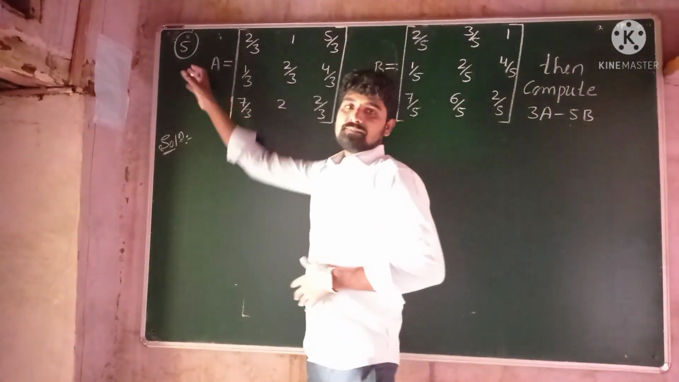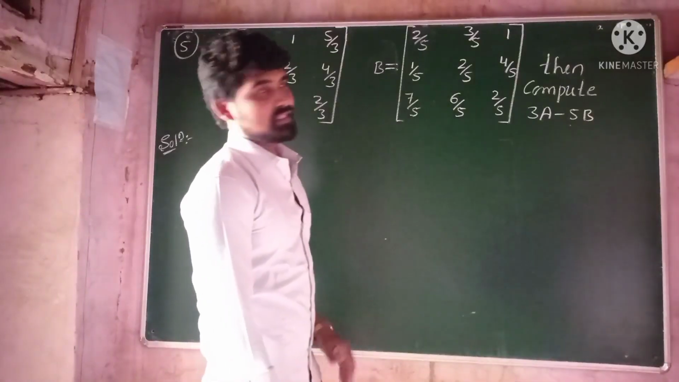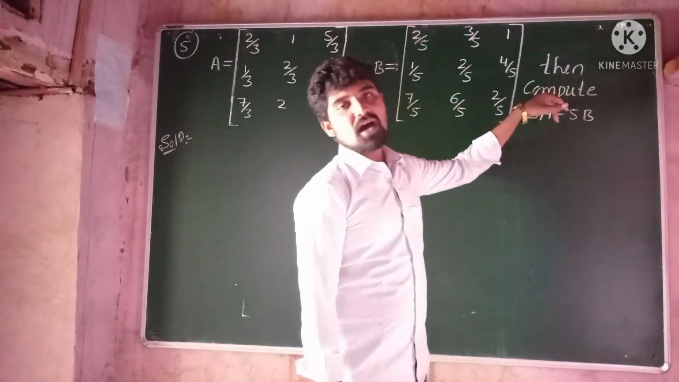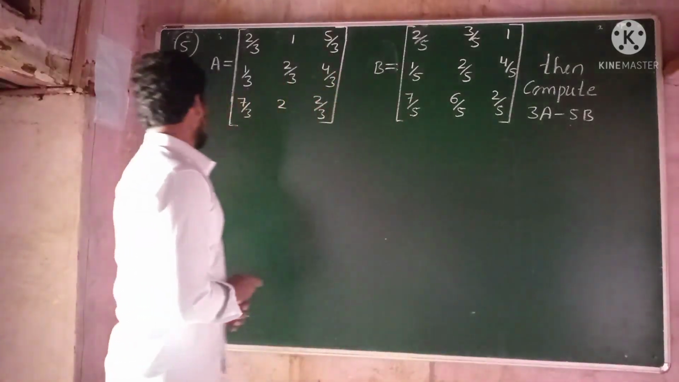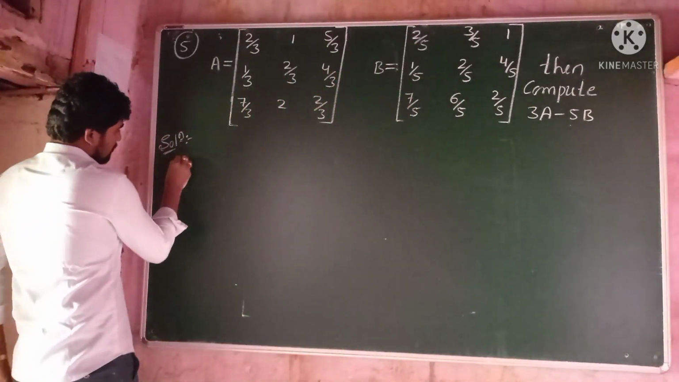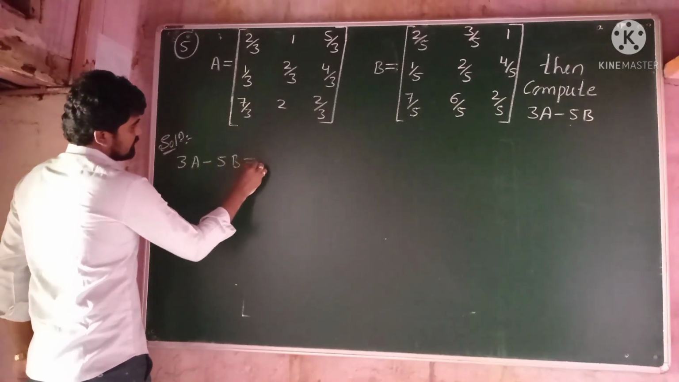So now the fifth question. Here he has given that if A and B are any two matrices, then find the matrix 3A minus 5B. Let's start the solution. 3A minus 5B is equals to